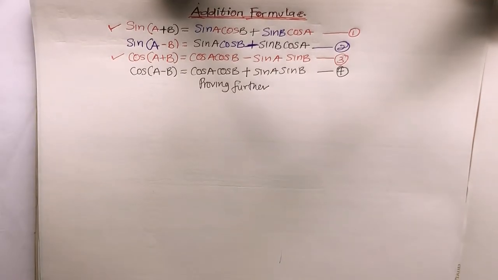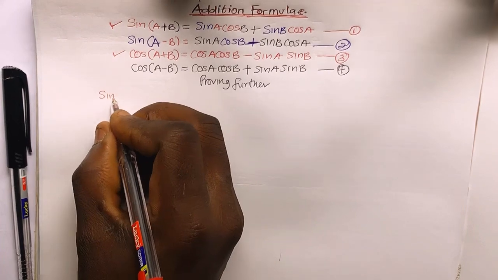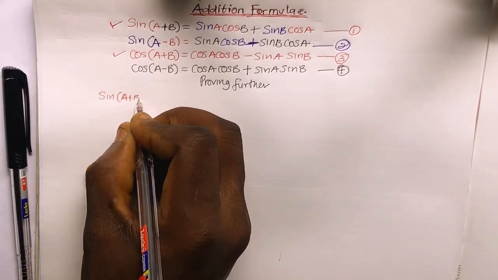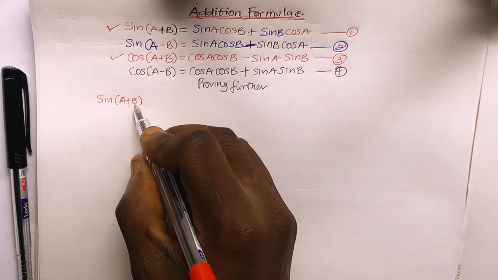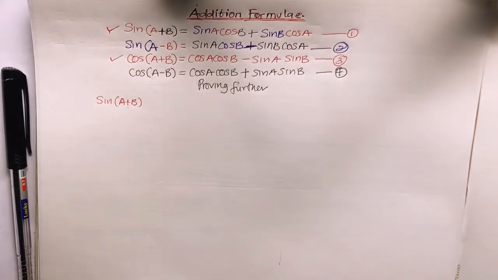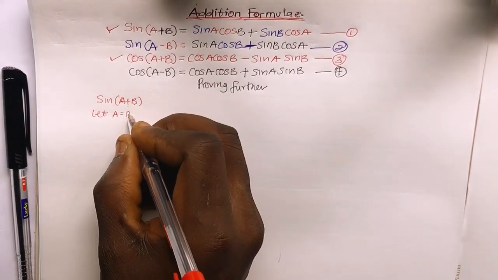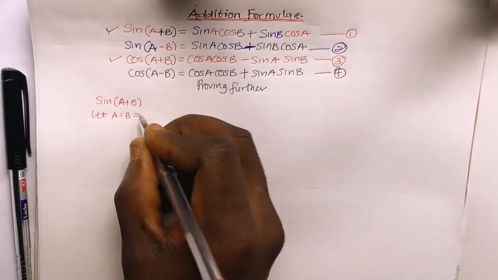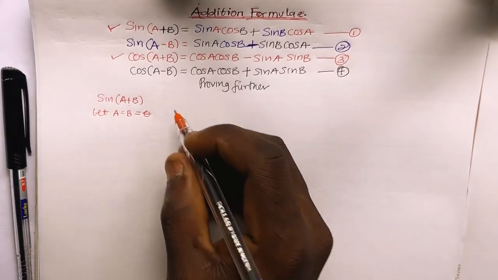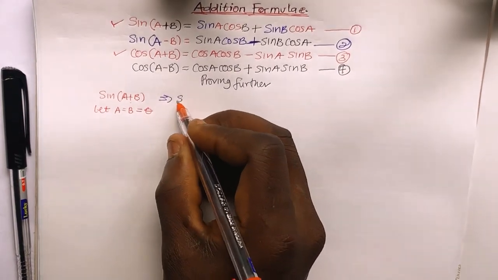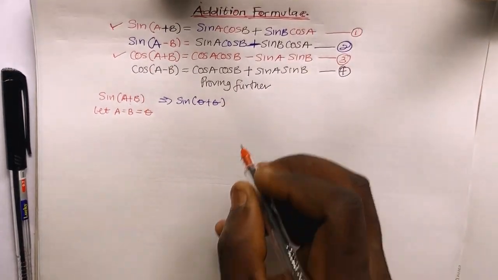Then using equation 1, I'm having sine(A + B), and it is impossible for me to add these two notations together, which are my A and B. Then let's just say let A equal B, then both of them equal theta. Can you see, guys? So in this case, I'll be having sine of theta plus theta,